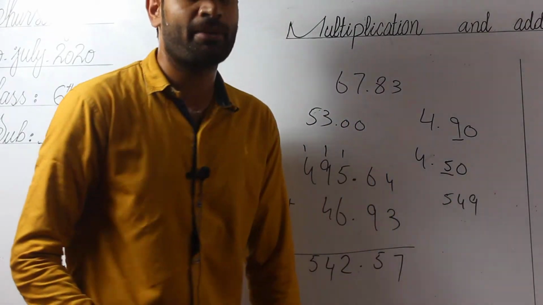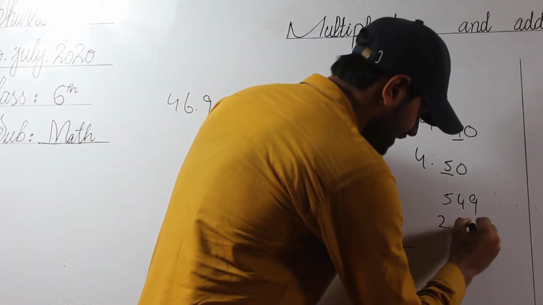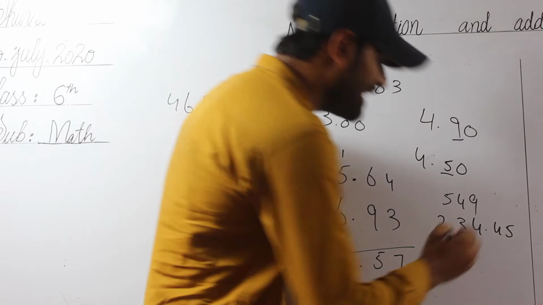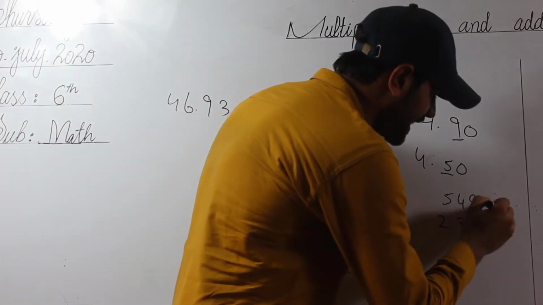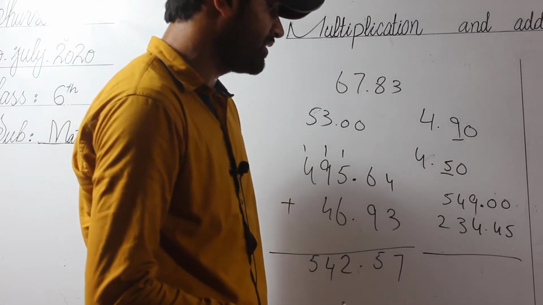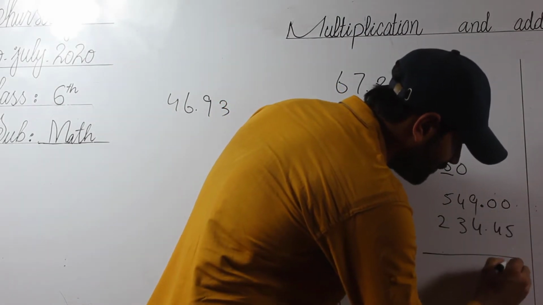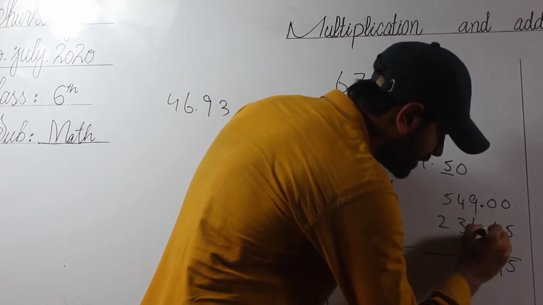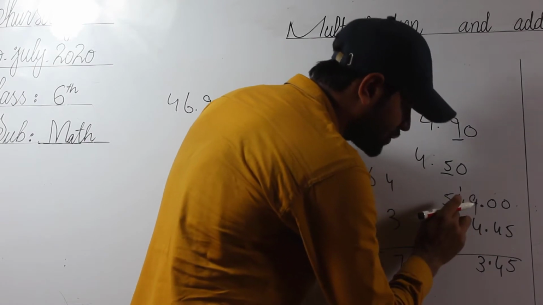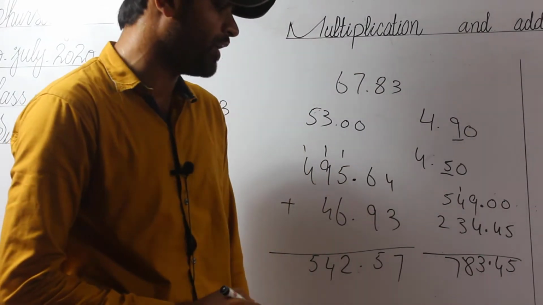So if I have an amount 549, a complete whole number, and another amount I have a decimal number 234.45. As I explained, I make it a decimal number by putting a point at the end and then writing zeros. How many zeros I write has no effect on the number. 5 plus 4, 5 plus 0, 5, 4 plus 0, 4, and put the point under the point. 4 plus 9, 13, carry 1. 3 plus 4, 7, 7 plus 1, 8. 5 plus 2, 7. So 783.45.